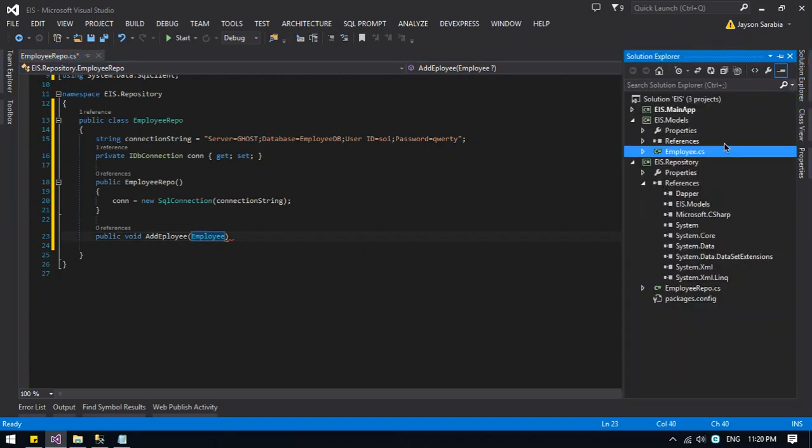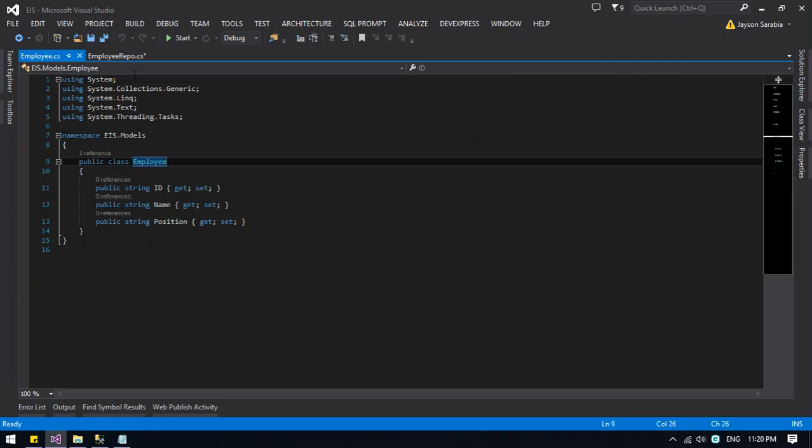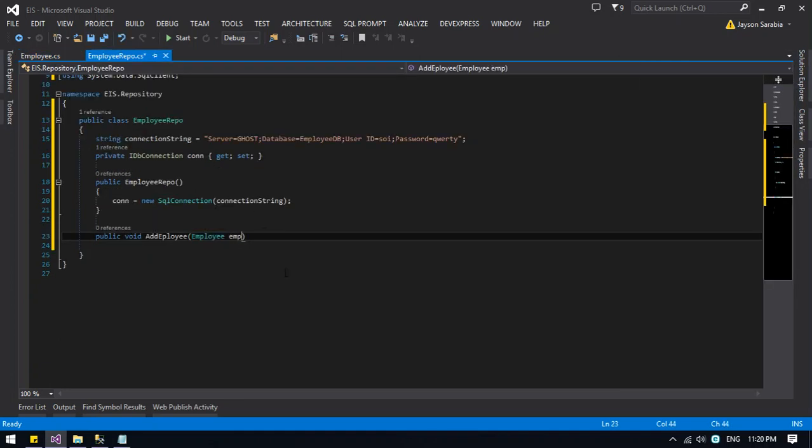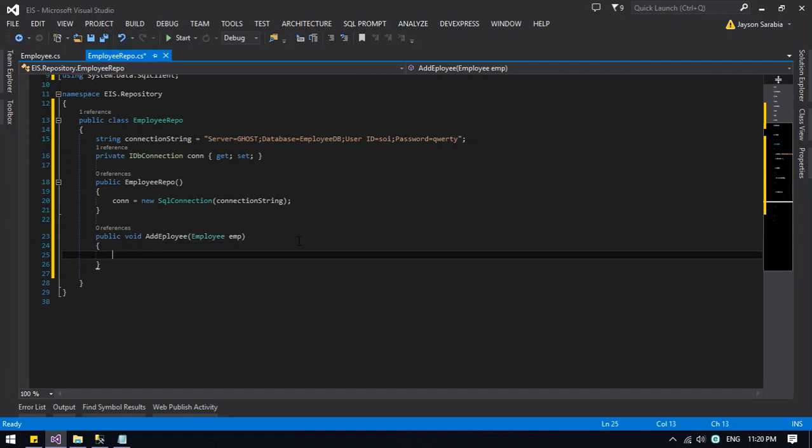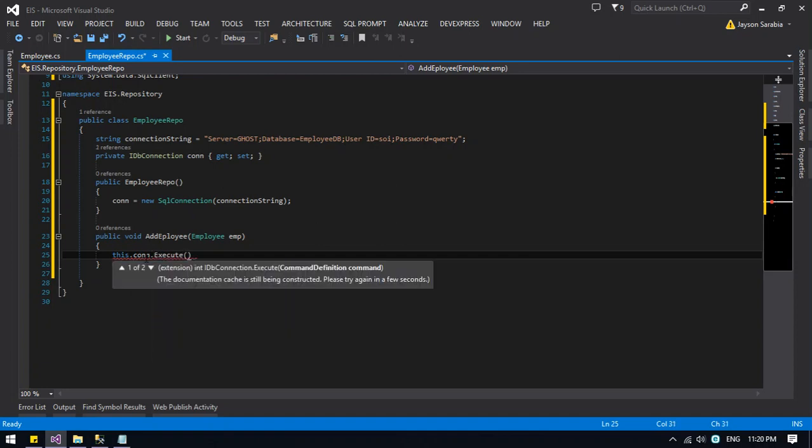This employee is an instance of this one, so employee emp. Here we need to make sure that we execute the Execute command of Dapper. To do that, we press this .con, which is the instance of the IDbConnection, and then Execute, and then open parenthesis, the name of your stored procedure, InsertEmployee,